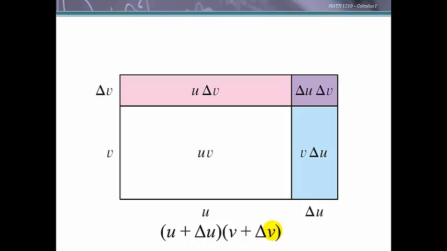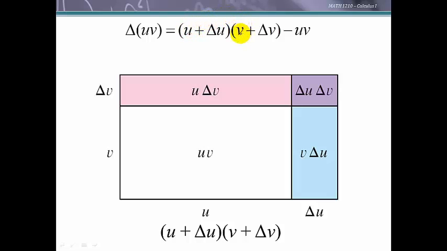Now we could take this and express our little change in uv. Our change in uv would be this whole product, or this whole rectangle here, minus this original white piece. And so here is the big rectangle minus the area of uv, and you can see that that would leave us these three pieces, and we could find that by looking at this geometrically and expressing the area of these three shaded rectangles. Or we could also take this and compute this product and see,